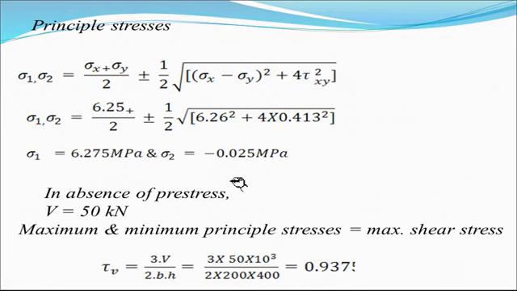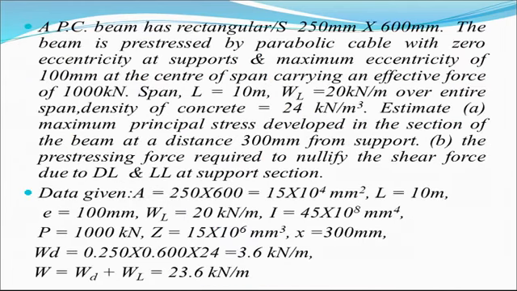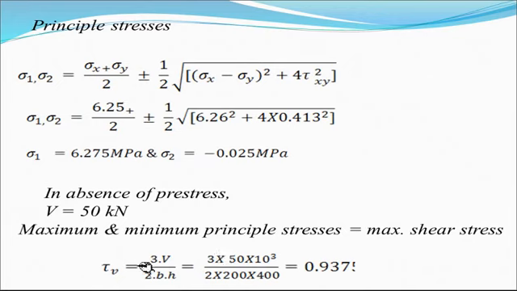And in the absence of pre-stressing force, what happens? V is equal to 50 kN because there is no pre-stressing force. So the maximum and minimum principal stress is equal to the maximum shear stress, because sigma p is equal to 0, no direct stress is there. That's why tau v is equal to 3V divided by 2bh, which is 0.937. So this is the principal stress, or we can say that the shear stress is equal to the principal stress. Sigma 1 is equal to sigma 2, which is equal to